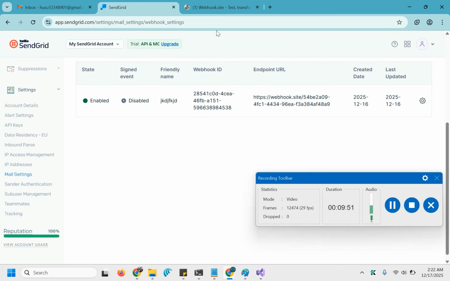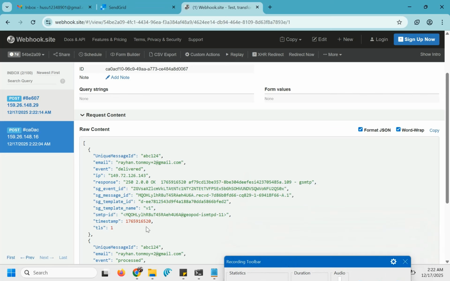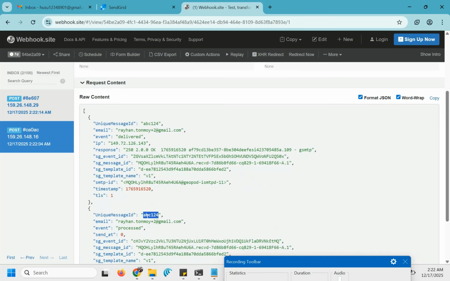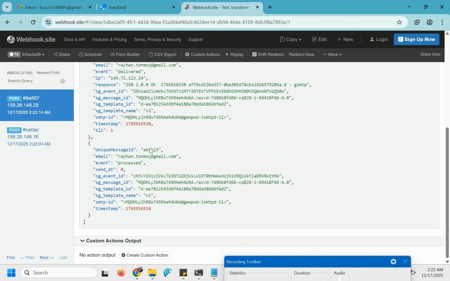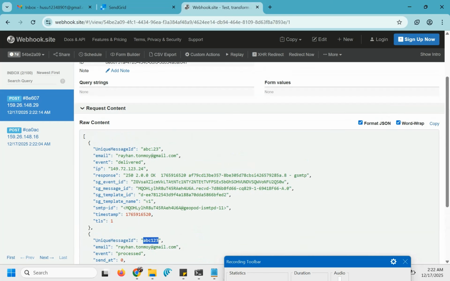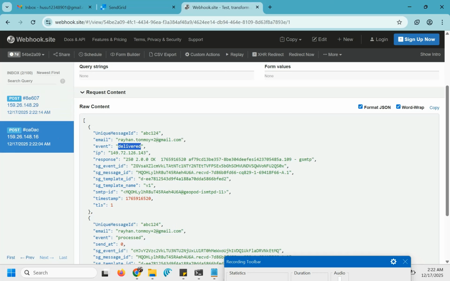And if you check the webhook, you will see ABCD1234, ABCD1234, and ABCD123, the unique message IDs I provided. This is delivered. First it processed and it's being delivered, and the other message is delivered here as well.